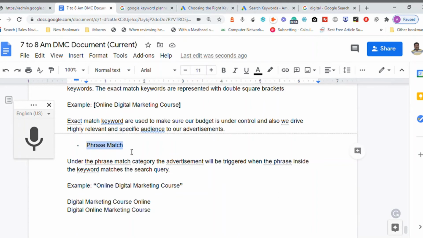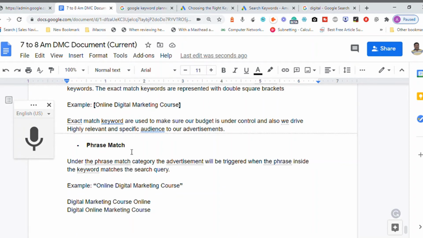If all the words inside your whole phrase match, your advertisement will be triggered. Even if they add something extra, like online digital marketing course in Chennai, your advertisement will be triggered. The reason is that all the four different options are available, so the phrase is matching: online, marketing, digital and course.